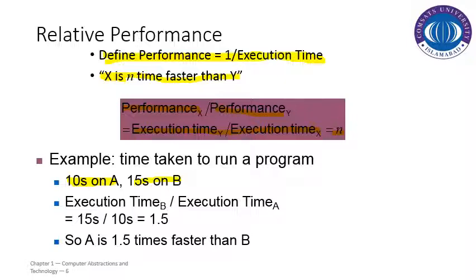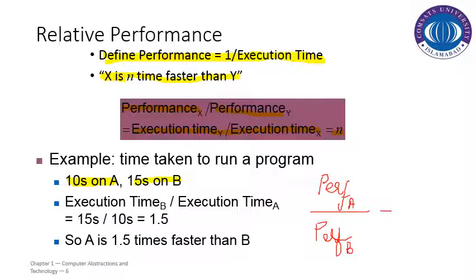But how much more efficient is A with respect to B? So we have to compute the relative performance. The relative performance of A divided by B is basically equal to performance of A divided by performance of B,